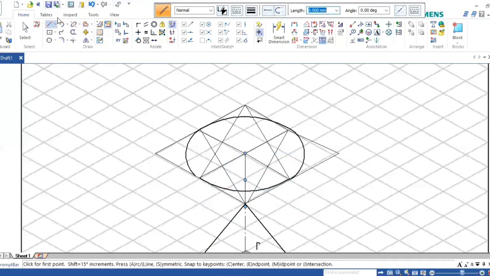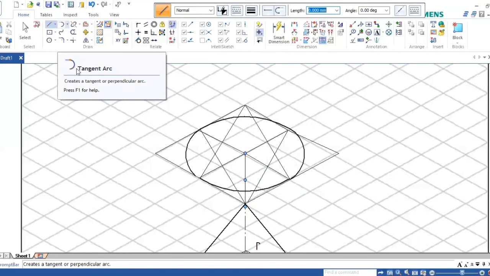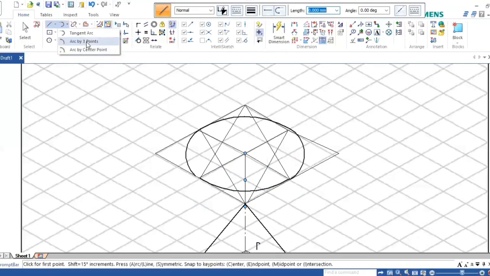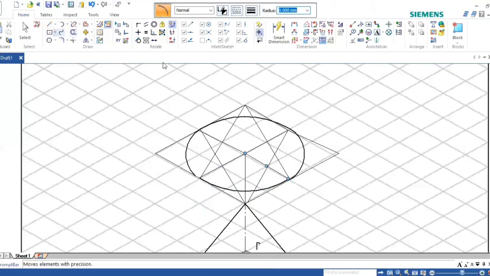Now go to arc by center point, 3 points. Select the point, the other point here, come to the other point. You can construct, take the length of the end, 20. You have to construct like this. Select this. This length from here, you have to take 20 radius, actual 20. This radius, you have to take the outer radius of the hemisphere, and the sphere should be the actual radius.